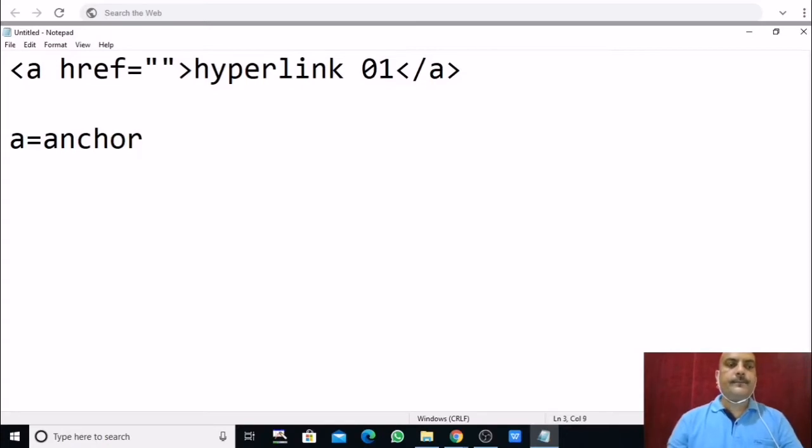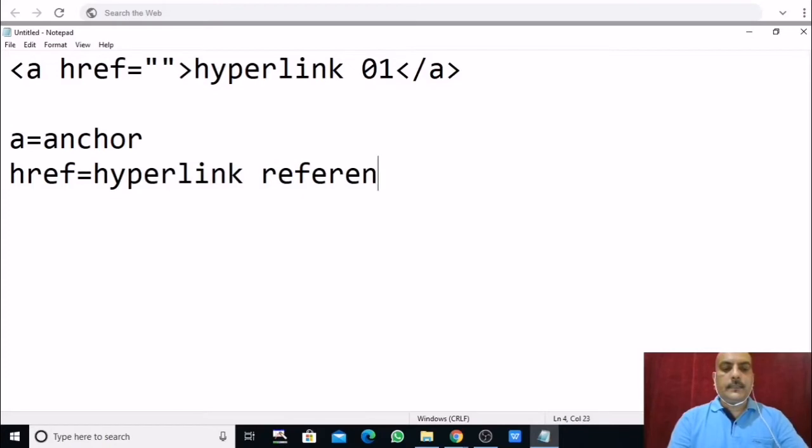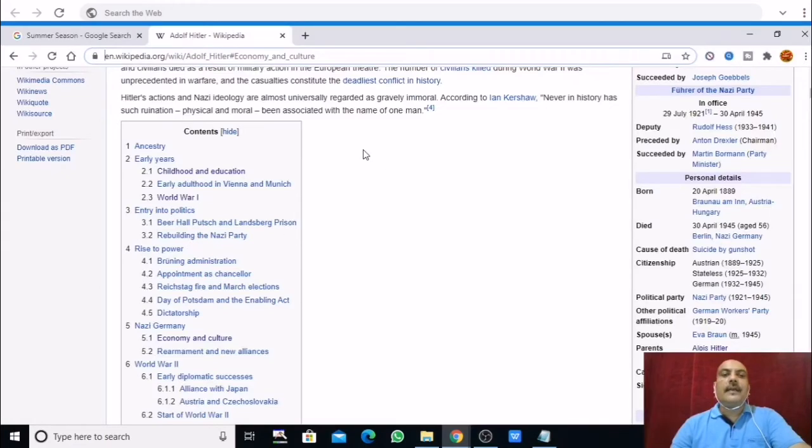Here A means anchor, and href means H for hyperlink and ref for reference. So remember this: A for anchor and href means hyperlink reference. Where did the word anchor come from? What is the meaning of anchor?